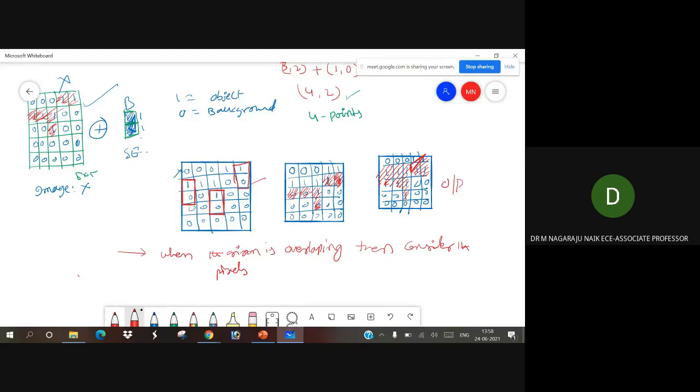This is the only region, right? Now this one has expanded to this one. So this value I have considered, these two also, and this one also I have considered. This one is added, this one is added. Then you got the final one.